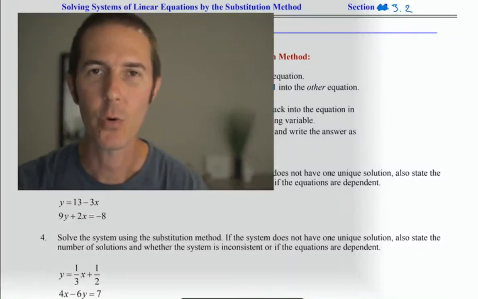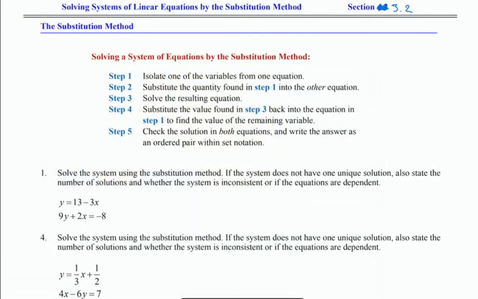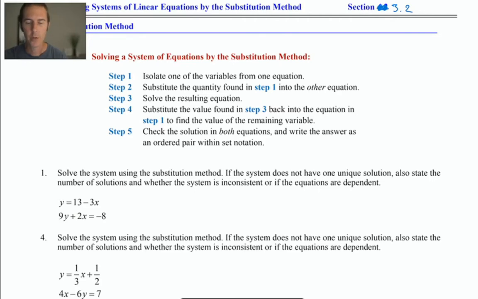In this section, we're going to solve some systems of equations using the substitution method. Remember from the previous section that there are three different scenarios where your two lines have one point of intersection, no points of intersection where the two lines are parallel, or infinitely many points of intersection where the two equations are actually describing the same line. So we're going to see algebraically how to deal with those different scenarios,